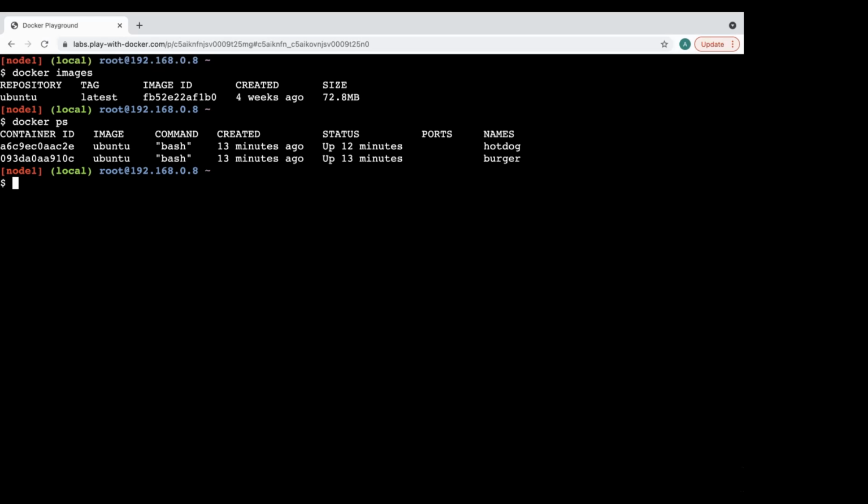So three fundamentals you should always remember. Docker means three parts. The first part is called image, and the only source of your image is Docker Hub. There is no other way you can get the image.